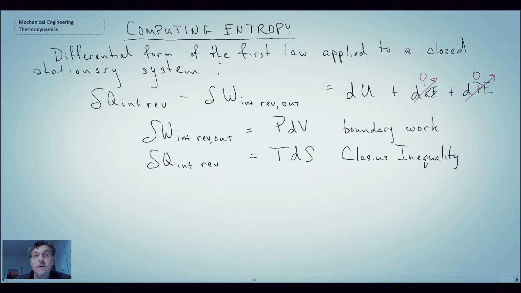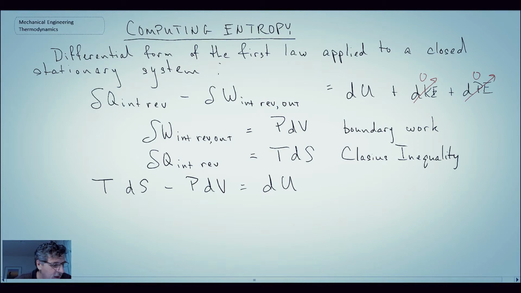And the other thing that we'll do is we'll use the Clausius inequality to come up with a representation for the heat transfer in terms of entropy. So what we're going to do is we're going to work with this equation, and we'll use that to formulate the equation that we can use to calculate entropy change within a substance. So substituting in the heat using the Clausius inequality, and then the boundary work, we result in this equation for